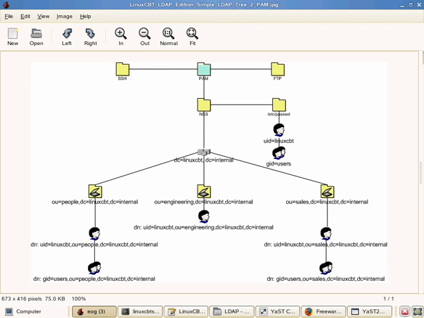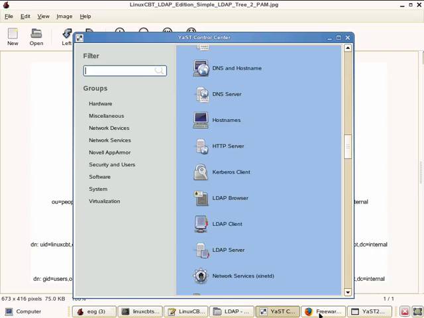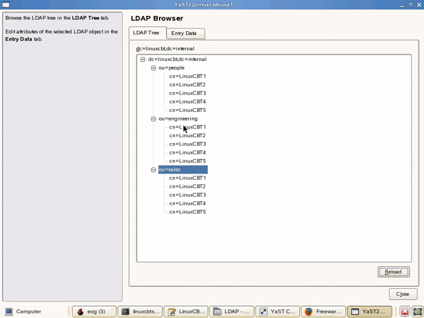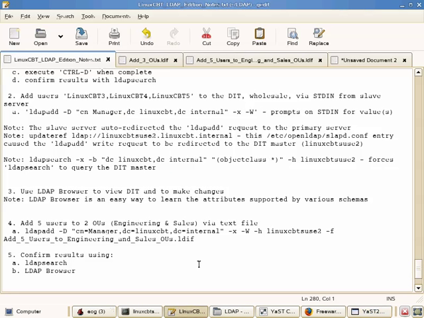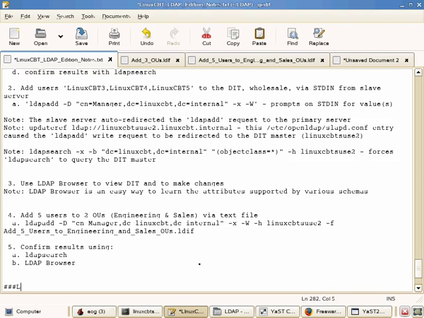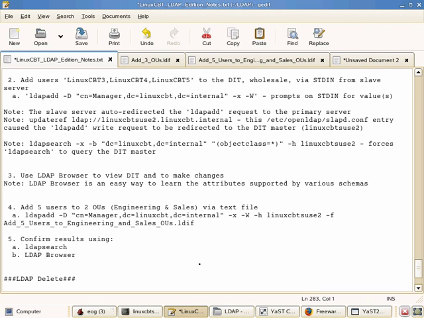Now that we've discussed LDAP add, let's look at LDAP delete as a means for removing objects from our directory information tree. So as we know, we've added various objects to the tree. Each OU contains 5 users, and we can use LDAP delete to delete any of or all of the users and/or organizational units at will. This subsection will be labeled LDAP delete, and it features